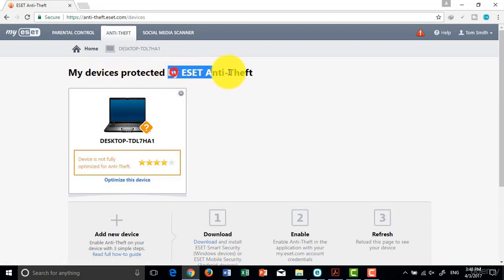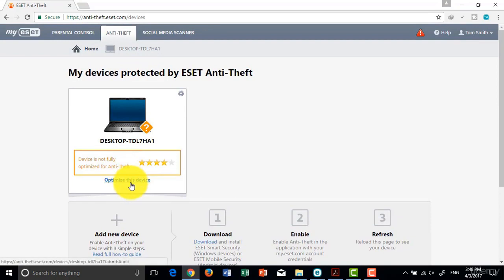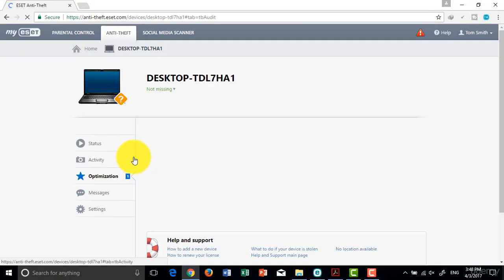Okay, here we have My Devices. Name of device: desktop TDL7HA1. We can optimize this device